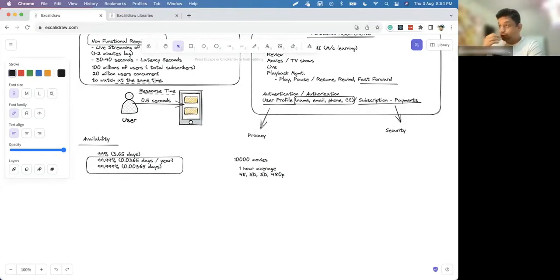You have to store all, but why store the lower resolutions? 4K is there, so maybe you can give the 4K content, and even if the device is not capable, you can watch 4K movies on HD TVs also.